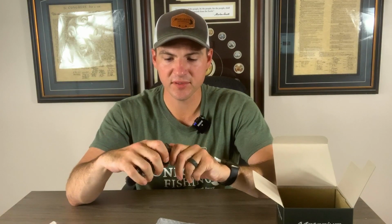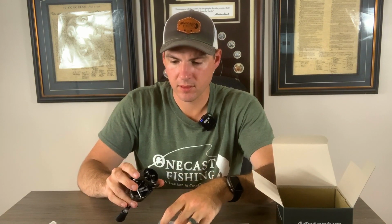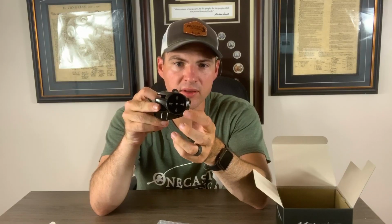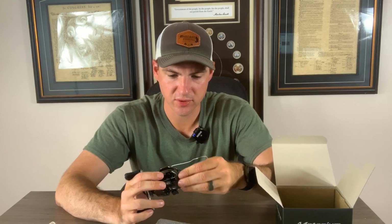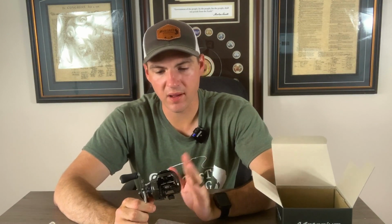In fact, if you pop the brake off here, that's just one solid piece right here. That plate's not coming off. There's no screws, there's nothing. You can't take that apart. That's absolutely phenomenal. And let me get this thing back on here. Maybe if I put it on right side up, it would do the trick. So this core solid body, as I was about to say when I pop this thing back on here,